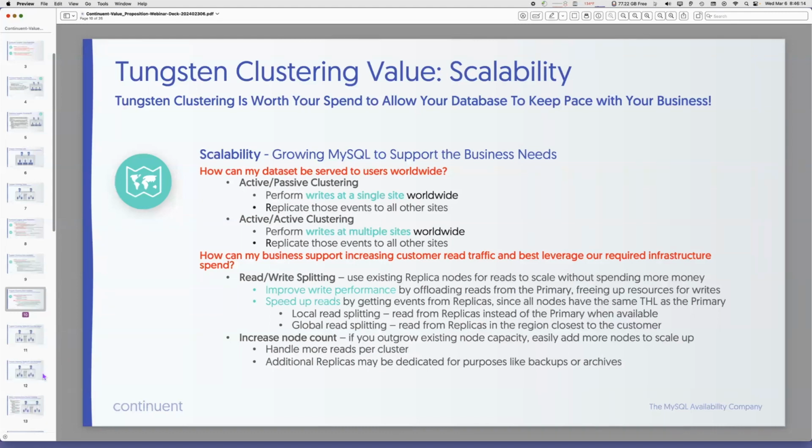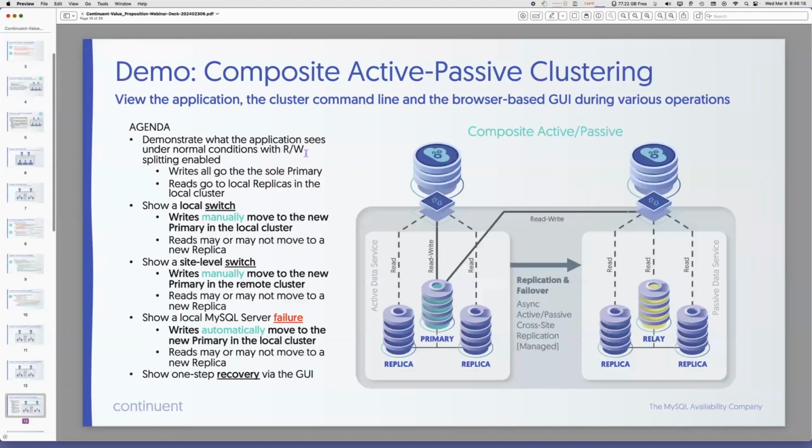And so finally, let's have the demonstration. This is the fun part. Let's show the following things. I have written a small demo application that's just going to show us a read request and a write request and to which host they have landed. And we are going to use a composite active-passive